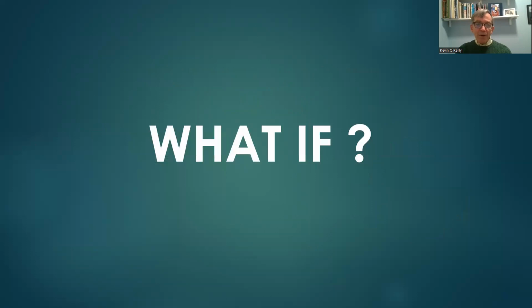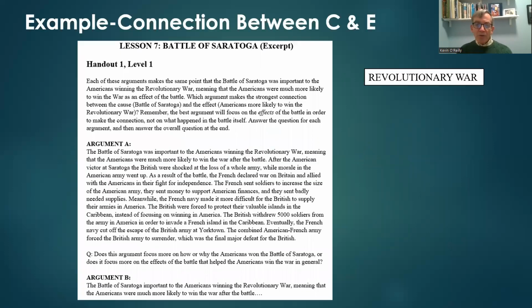What if we gave students three arguments that all gave the same cause for a certain effect and asked them to pick out the argument that makes the best connection? Now we have isolated the subskill and given students practice in evaluation. This slide from the Revolutionary War book shows such a problem, focused on the Battle of Saratoga being an important cause of the American Revolution,